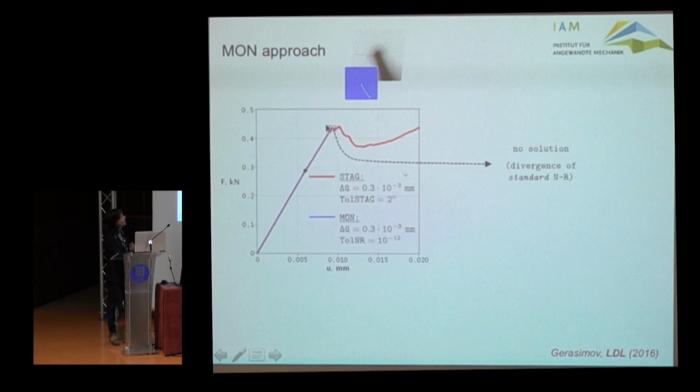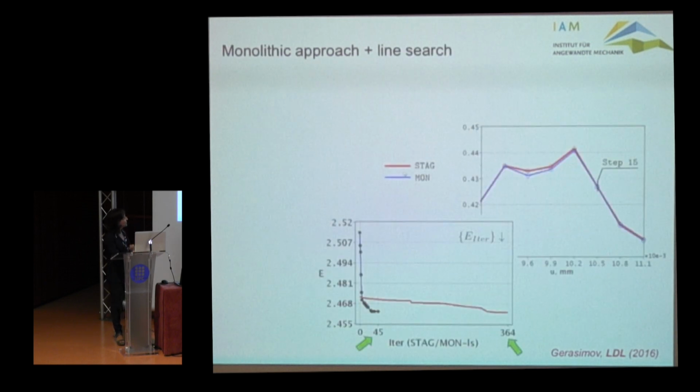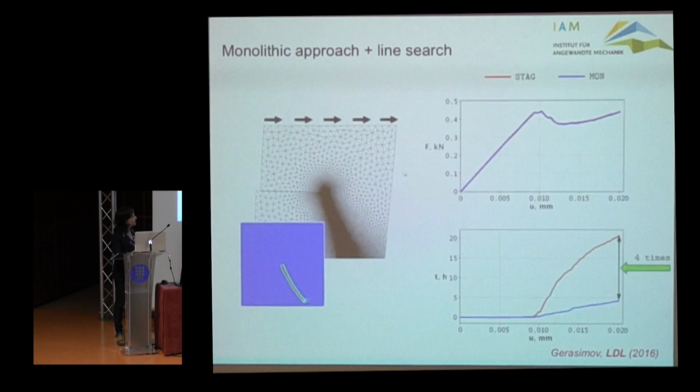And okay, we have actually the other issue of robustness, which is that if you try to go monolithic, your computation will just stop here, because the Newton-Raphson scheme will kiss you goodbye in that way. So we found a way to improve this, and this improvement was related to a spatial line search, which is described in the paper I'm quoting there. We could achieve an improvement in the computational speed by 4 times, but certainly there is still a lot of room for improvement.